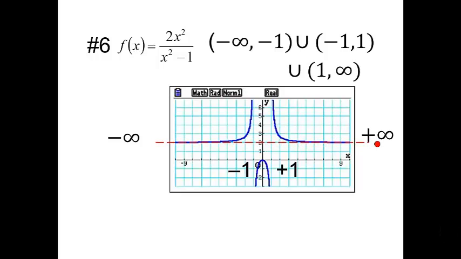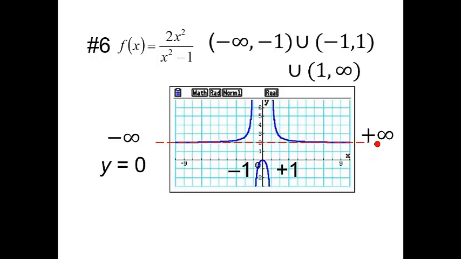Okay, it goes from negative infinity to negative 1, jumps over the negative 1, continues on to positive 1, jumps over the positive 1, and continues on to infinity. So that tells you that there should be,